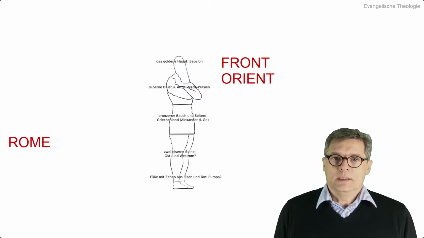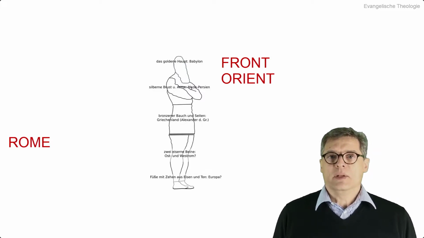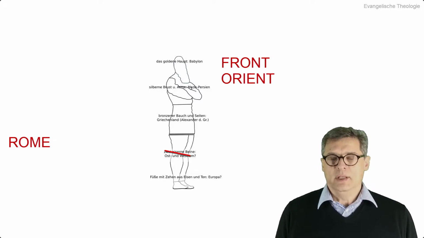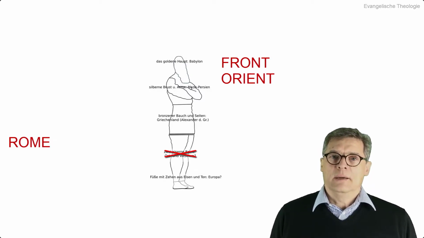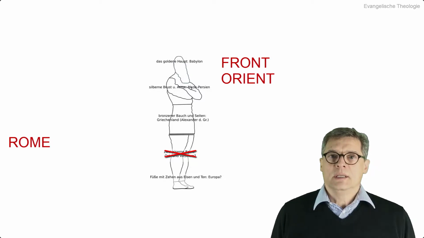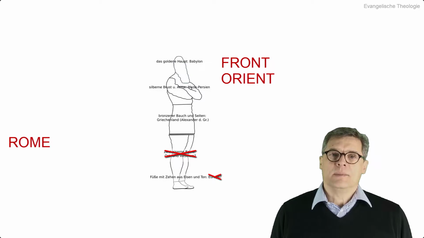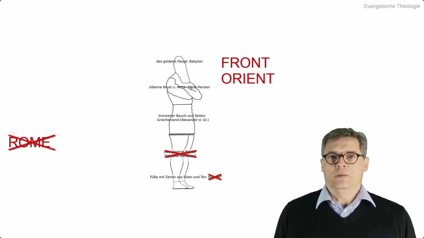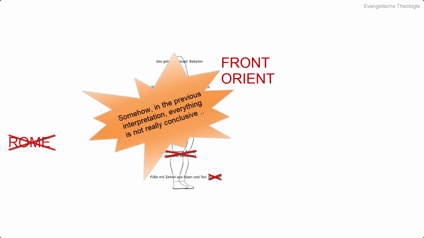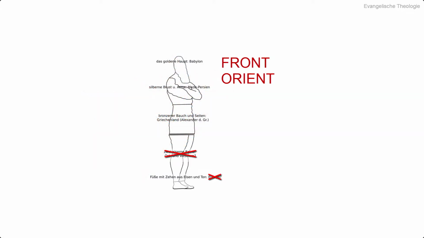But if the two legs have to stand in the Middle East, then they cannot be East Rome and West Rome. And the 10 toes, which are regularly interpreted as European countries in our time, cannot be European states, and we would have to find a different solution for their meaning. The problem will be where and how we should place and interpret these 10 toes and these two legs. And that's the point we want to look at in the third part.